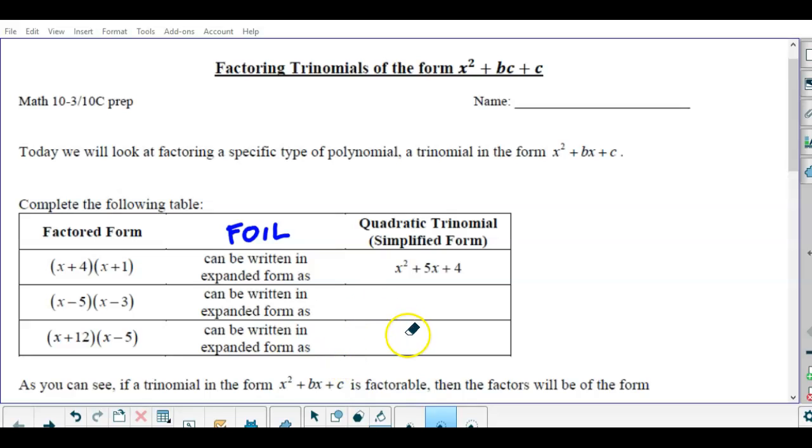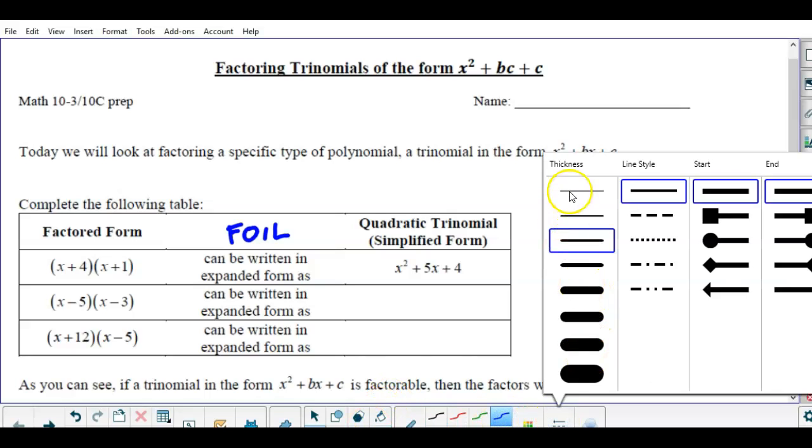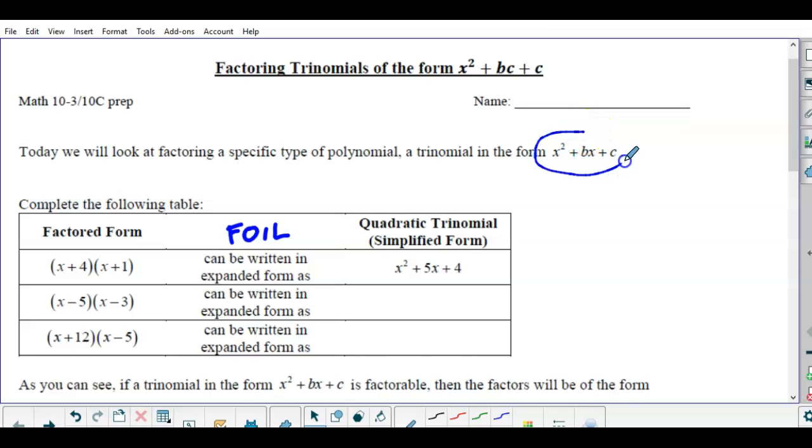Okay, so today we're looking at factoring trinomials of this form. Notice here that the trinomial has an x squared term, an x term, and a constant term. There's a billion different types of trinomials. We can only do it for this type. There's some variations on this type, but for today, that's what we're looking at. In Math 10C, you're going to learn a whole bunch more types of factoring. In any case, it all extends back to